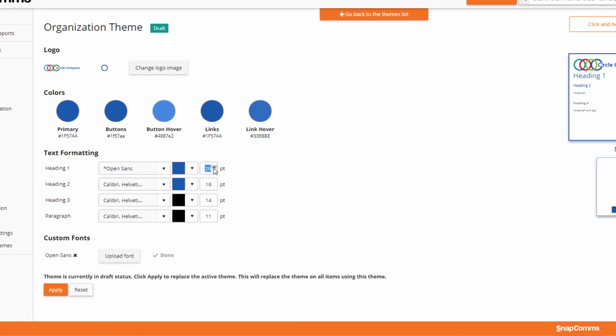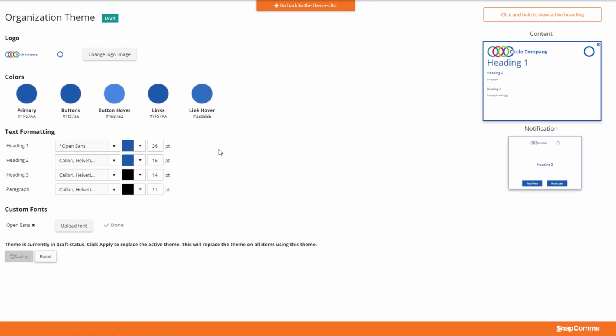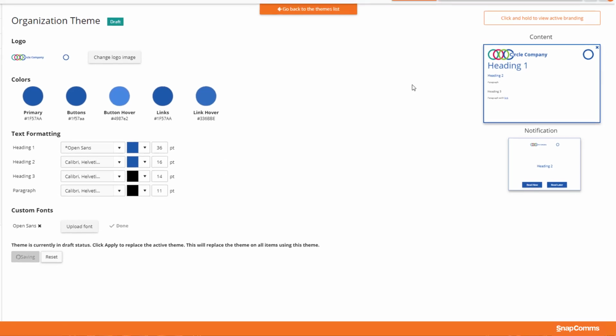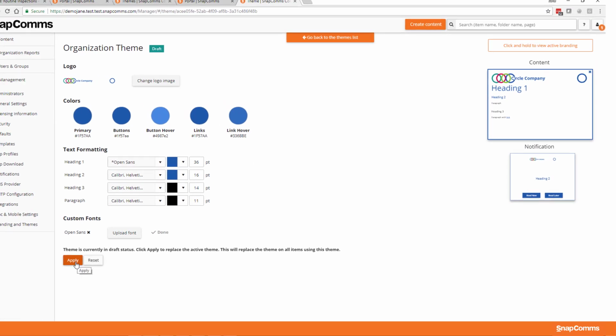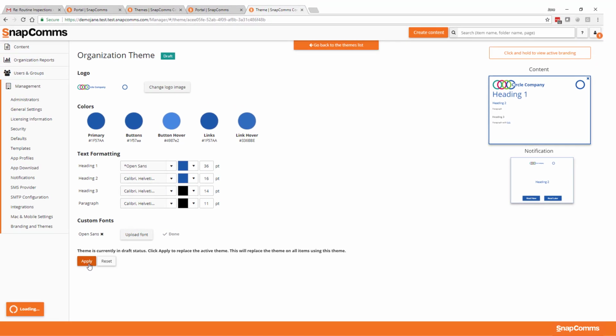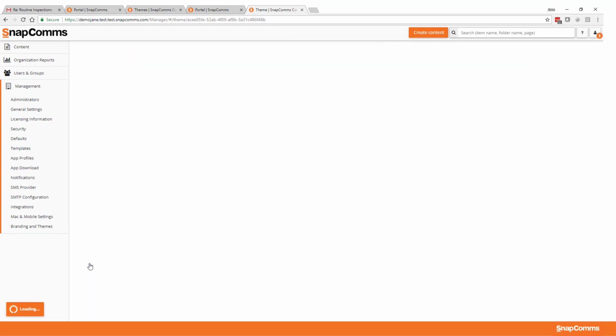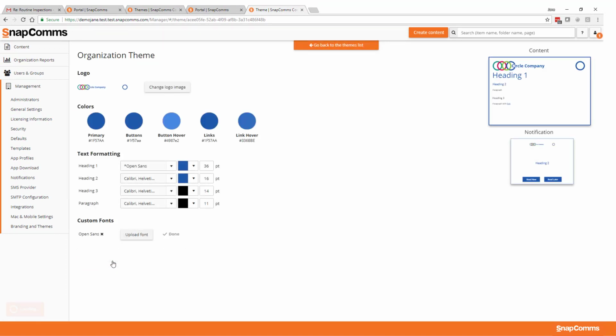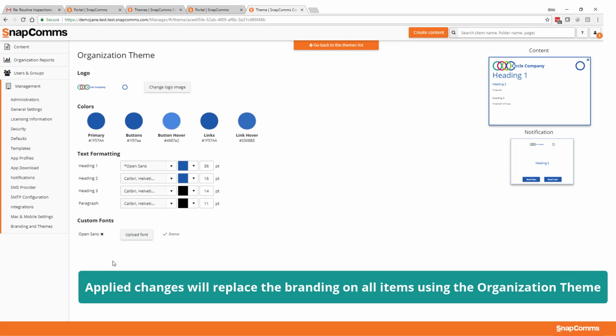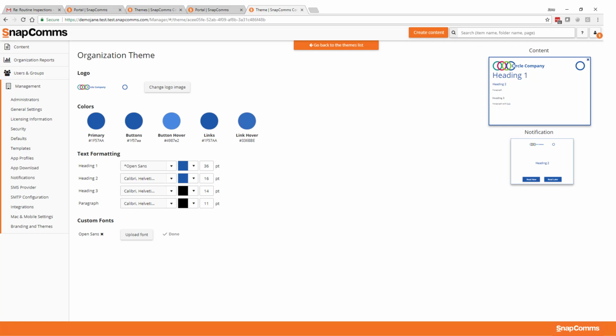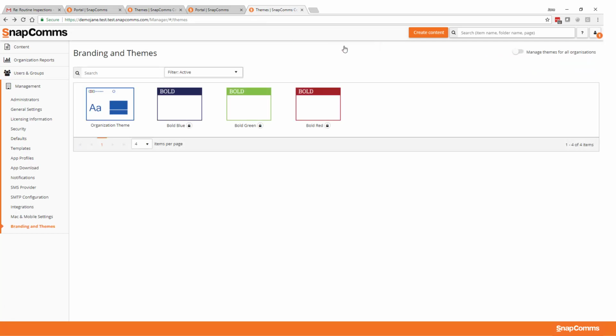You can adjust the font sizes here too. And once you're happy with the preview on the right, select Apply to replace the organization theme with your branding. Take care though, because this will replace the branding on all items using the organization branding theme. Then go back to your list of themes and you're now ready to create your first message using your organization